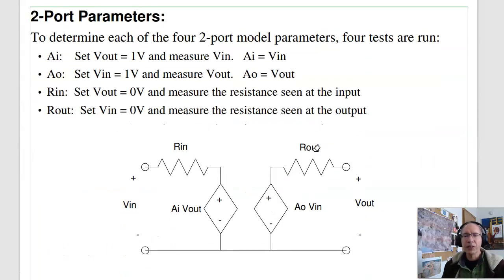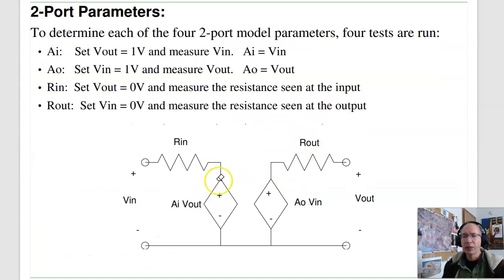To find the two-port parameters, what I like doing is drawing the two-port model and seeing what test I do to the two-port model to find each component. Do exactly the same test in the actual circuit. The two have to match because they're equivalent. So for example,